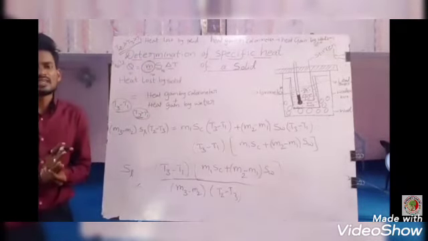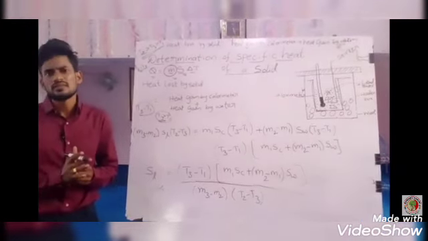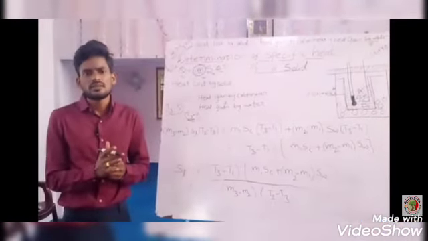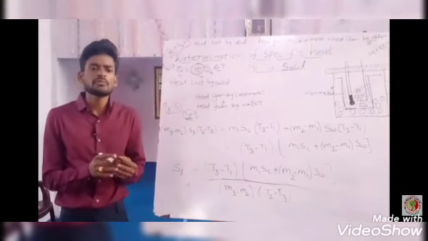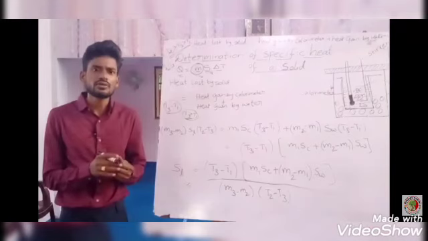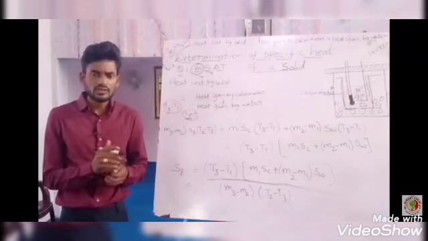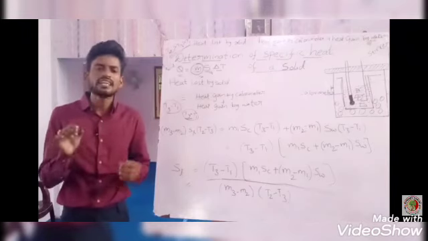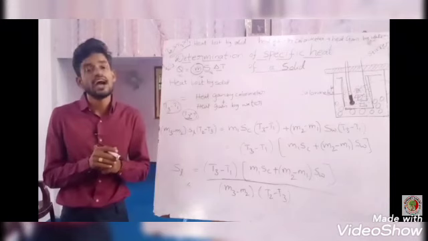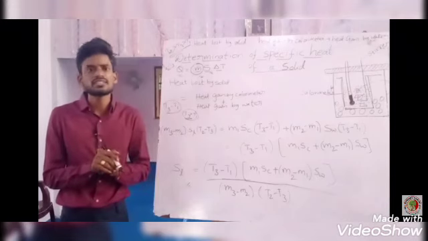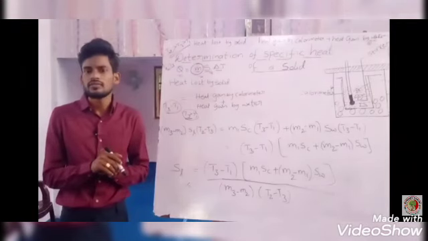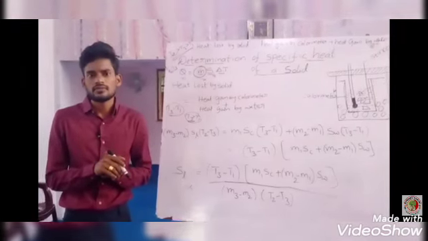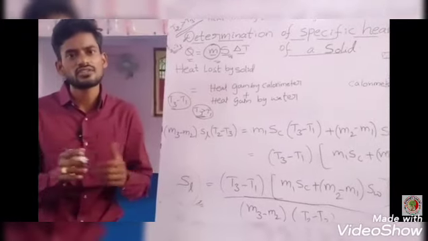Coming to the next concept, there is no need to have a class. Evaporation, boiling, melting, fog, dew, latent heat of vaporization, latent heat of fusion. Do underline these in your textbook and read them accurately. Values: latent heat of vaporization 540, latent heat of fusion 80, of course latent heat of ice.